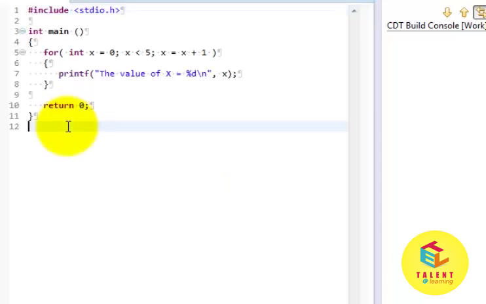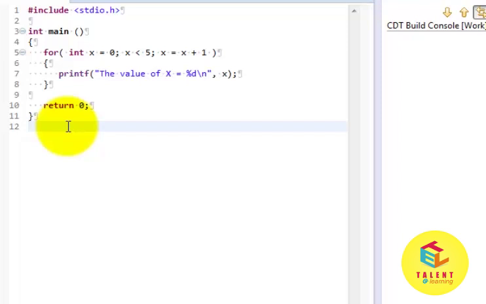Let me show you. This is our for loop code, which is very basic and easy. There is just one standard input output and a main function. Here you can see the for keyword. In the first block we have initialized a variable, and in for loop this part is called initialization, where our